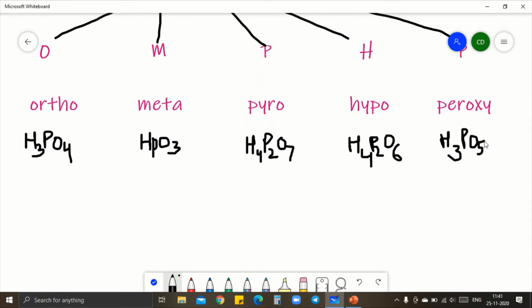Coming to structure, there are two conditions. P double bond O should be compulsory, and the other condition is all hydrogen atoms should form OH groups. So let's try with an example here. Orthophosphoric acid, 1 P double bond O. So there are 3 hydrogen atoms. So these 3 hydrogen atoms should form OH groups. So here one OH, and next here another OH. 3 hydrogens, right? So 3 OH groups.